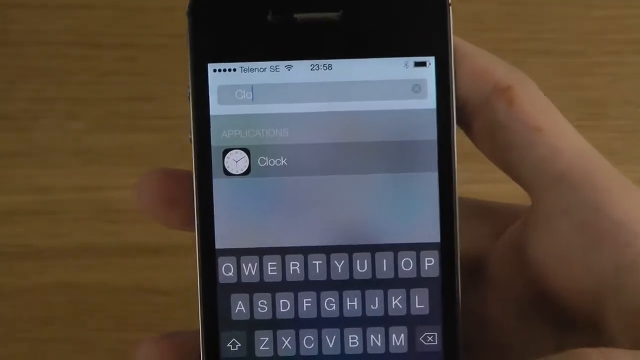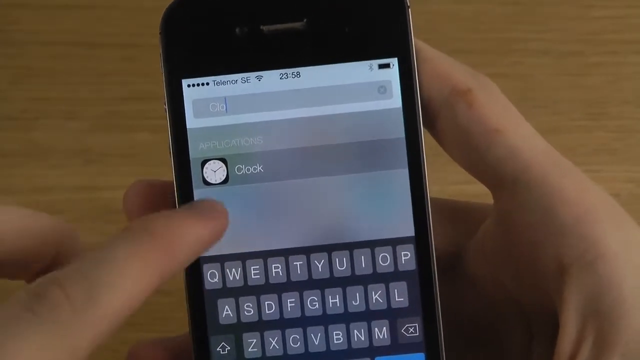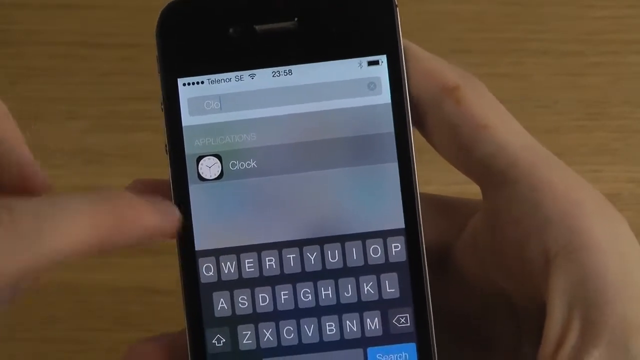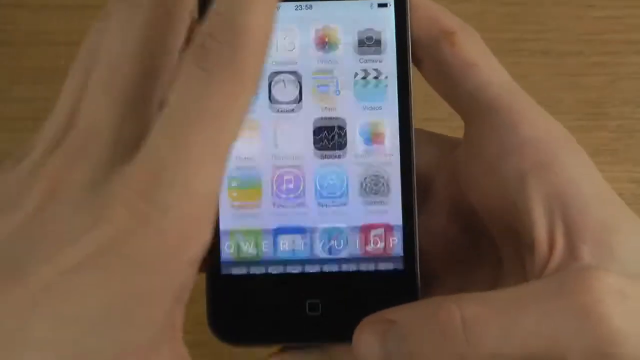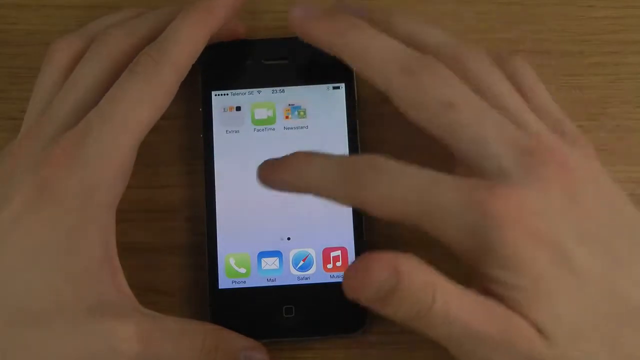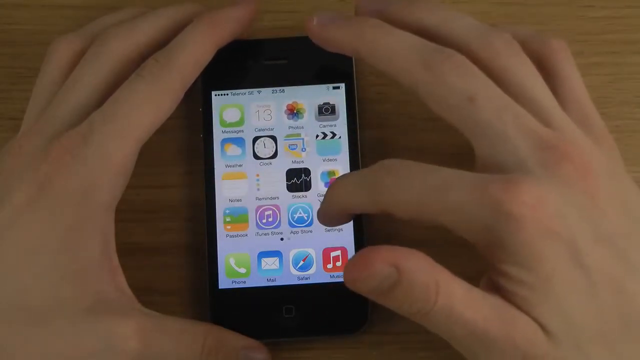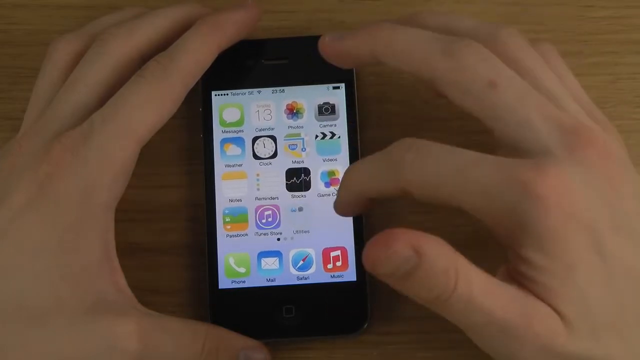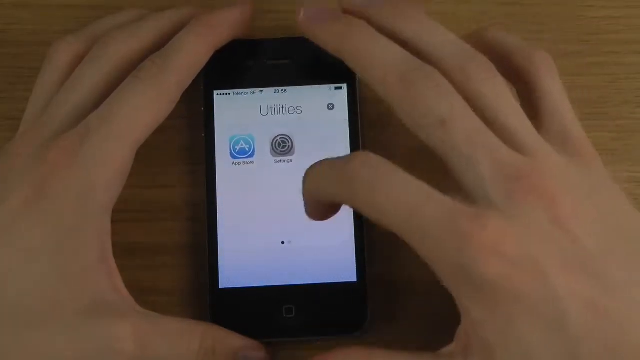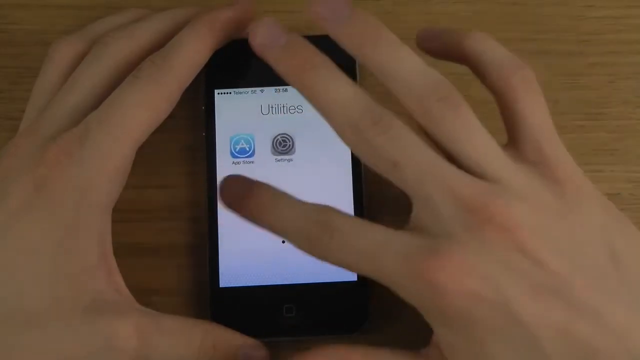Also, if you have music and stuff like that, you will see your music, all your files. It seems like it will search more than just the apps, which is pretty nice. Also, if we create a folder here, I'm pretty sure they made the system a little bit different. There we go. You can see here that folders are much bigger,